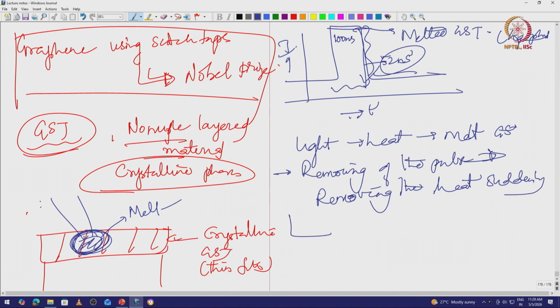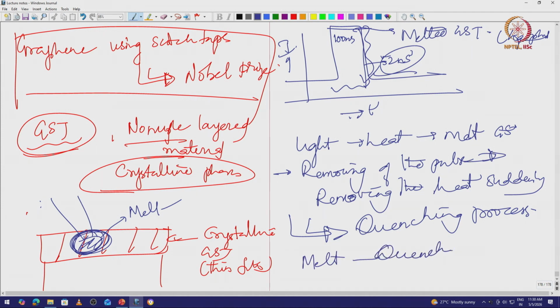And if you have a metallurgy background, you are going to call this a quenching process. So, I am melting it and I am quenching it. When I quench it back to room temperature,